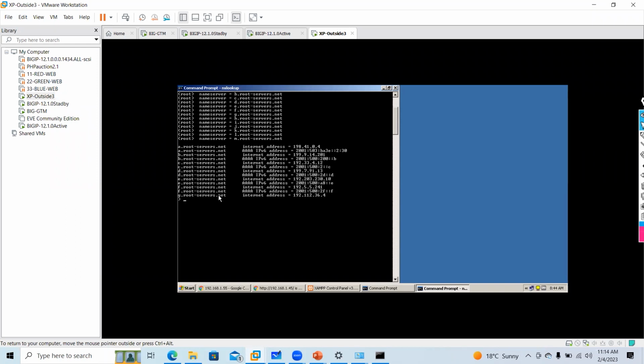This is a common misconception that there are only 13. In reality, there are more, but by default there are 13 IP addresses which are used to query.